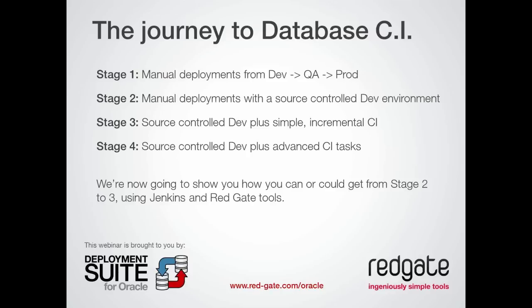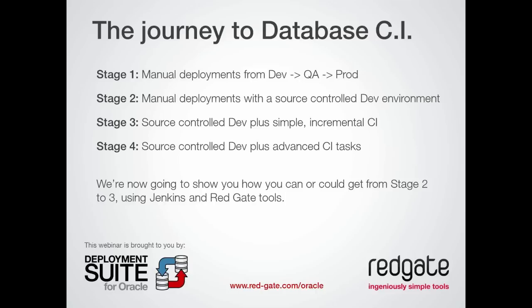That's almost stage 0 on the journey towards database continuous integration. Call it stage 1 here. Stage 2, this is what our tool Source Control for Oracle helps with, and it effectively gives you some control in the development environment. It helps you track who changed what, when they changed it, why they changed it, and also, if you want and if you're able to, move to